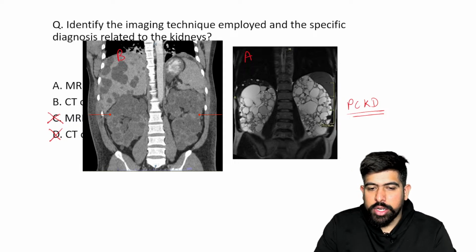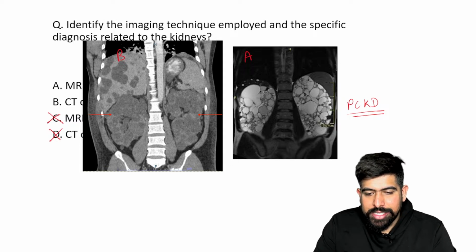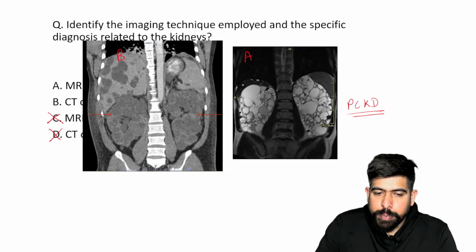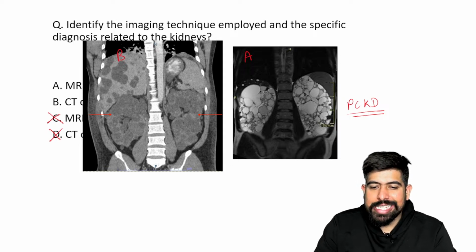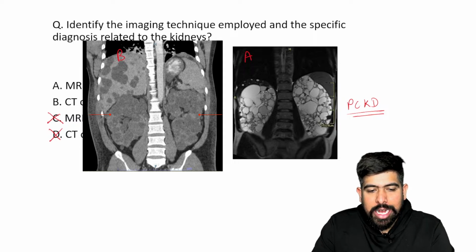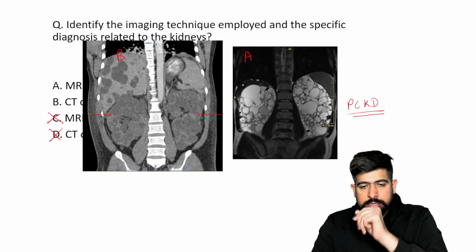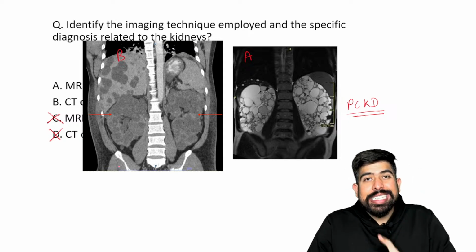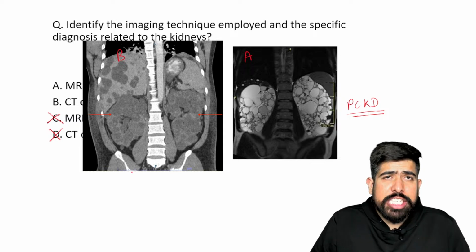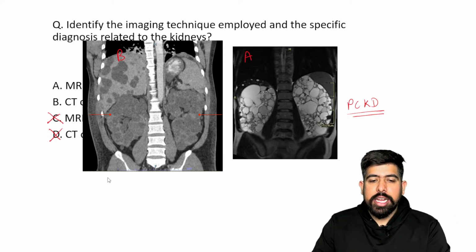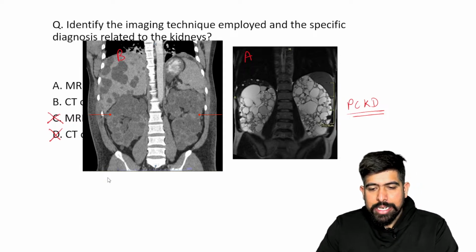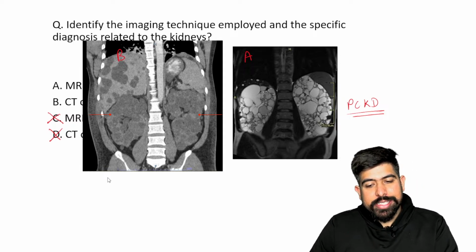Very good, doctors. Which is shown in the MCQ? That is the MRI. And the image which I put as image B, that is your CT scan. Sir, how do you identify that this is the CT scan? You already know from part 1 of radiology. I already told you which rays are used in the CT scan. Yes, A is the MRI, B is the CT.